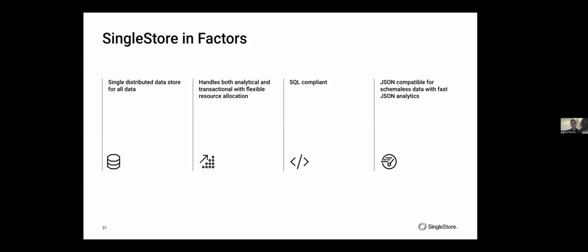But while being SQL compliant, we have a lot of schema-less data that keeps coming in. There are a lot of filters and properties, key-value pairs, that are not predefined and depend upon the data source they come from. There are a lot of updates and a lot of querying happening on that JSON data. So you have the best of both worlds: SQL, and very fast JSON for both querying and updates. You have a schemaless kind of data store, and both fit together for our application.